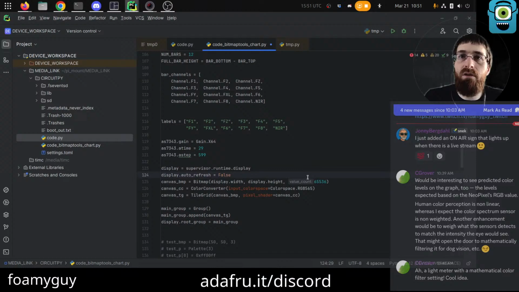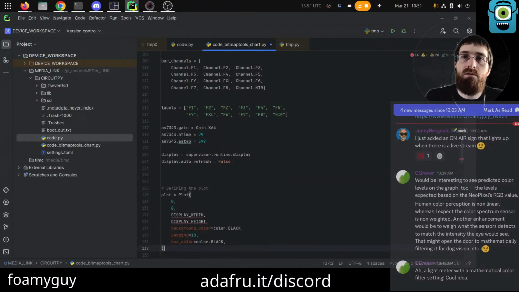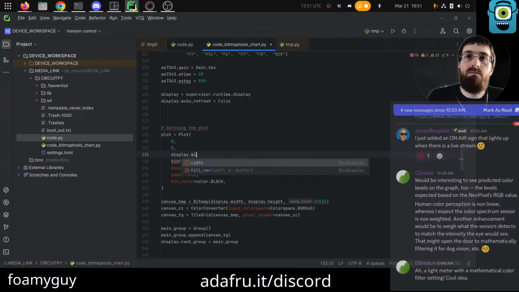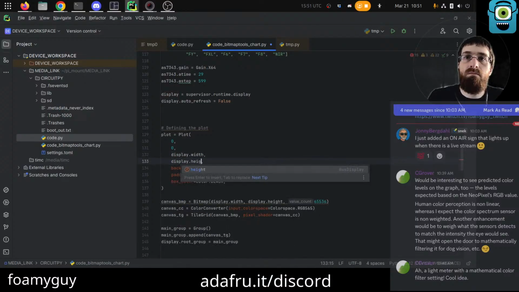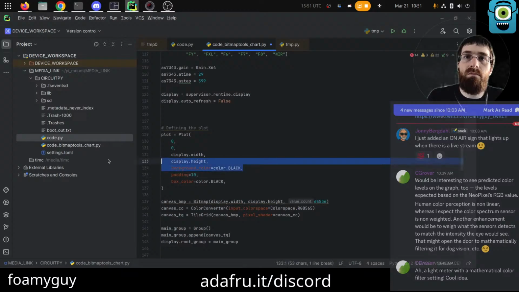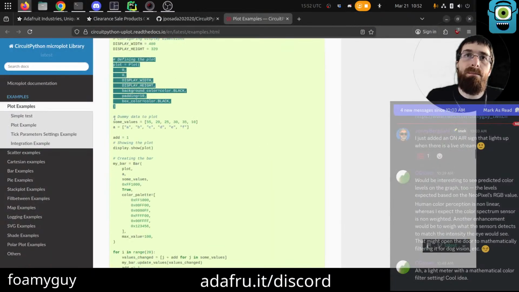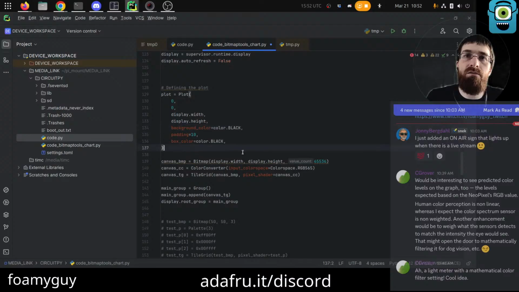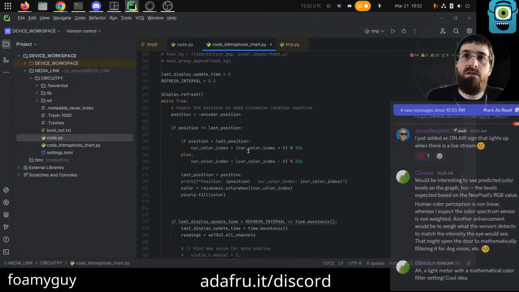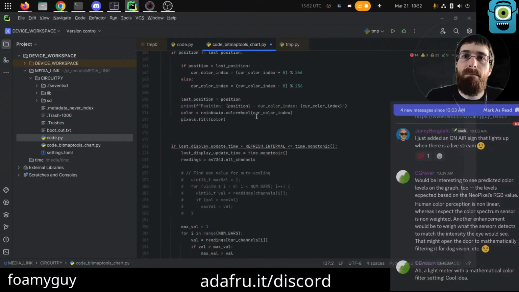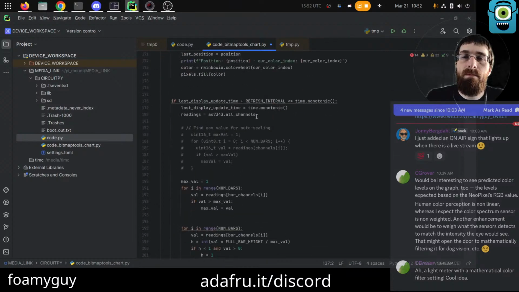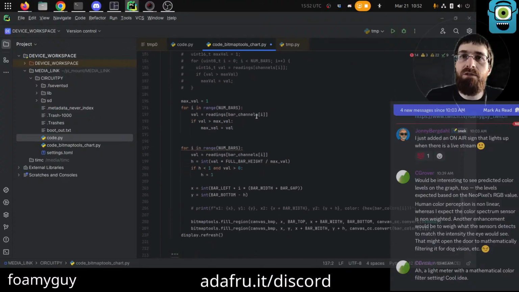We didn't get to for a minute here. There we go. So background black, box color black, adding 10, that's fine. Actually, we maybe want to go with a little less than 10. I don't know, we'll see what it looks like. We don't need dummy data because we have sensor data. We do need to get the readings we care about from the sensor data though, because